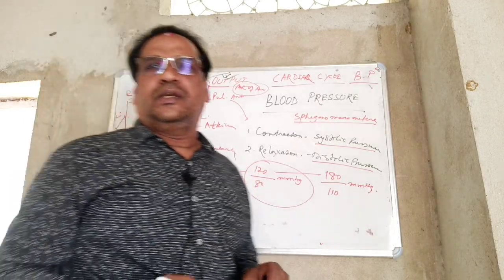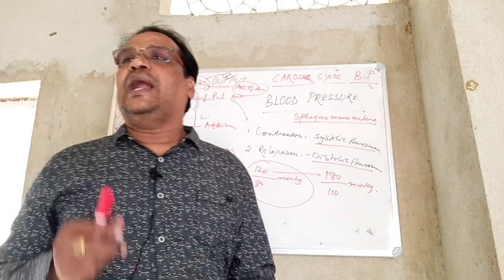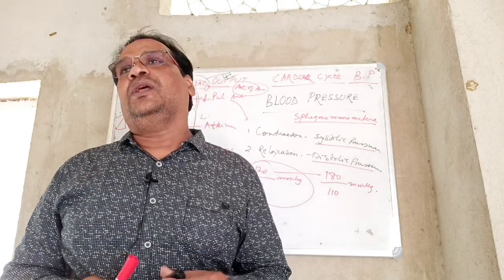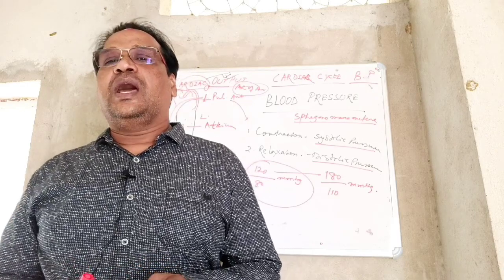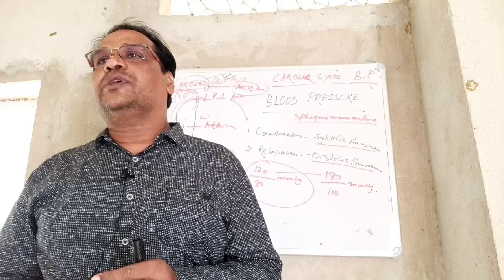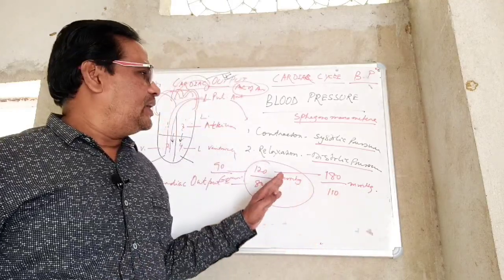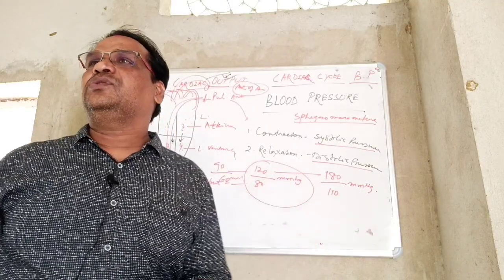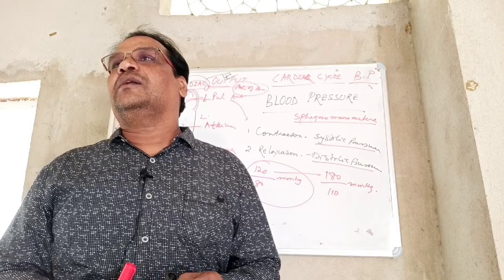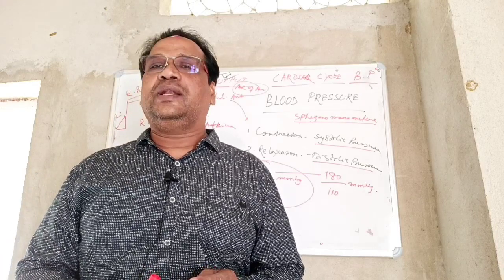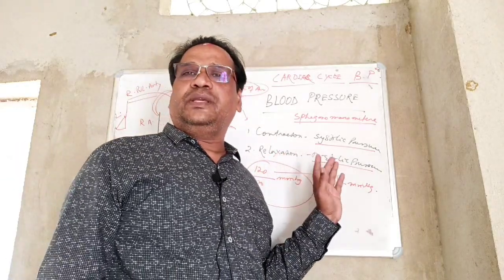This is due to a type of disease. What is systolic pressure? It is the pressure while the heart is squeezing, and diastolic pressure is the blood pressure while the heart is relaxing. Adult BP is 120 by 80. High BP is known as hypertension and is a major risk factor for developing many cardiovascular diseases. So BP depends upon the circulation.